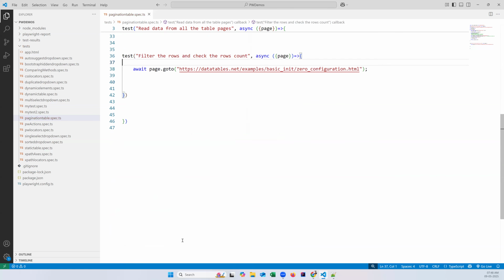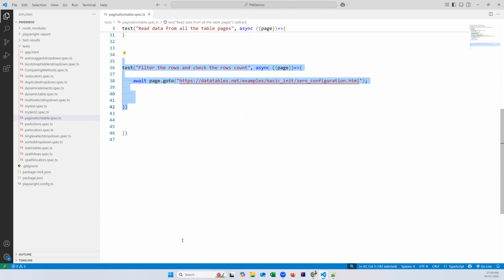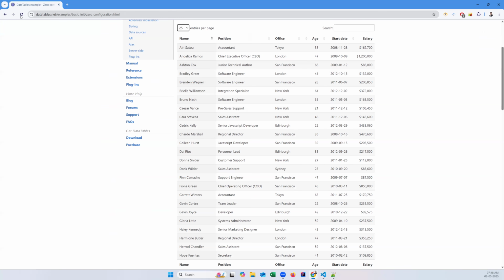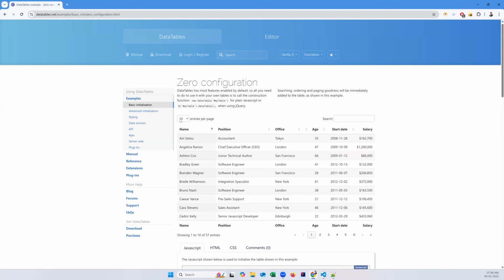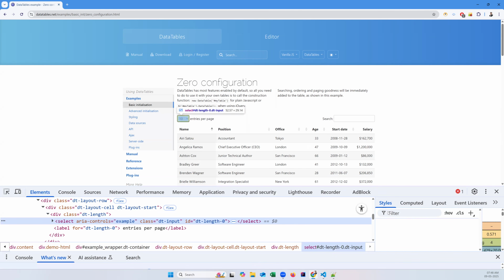Okay. So now let us implement this test. So launching the page. And after that, what is the first thing we need to do? We need to get this drop down element because this is a starting point. So from the drop down, we need to select the value. Either you can use visible text, label, index, whatever you want. So inspect this element, drop down element, go to selector hub,